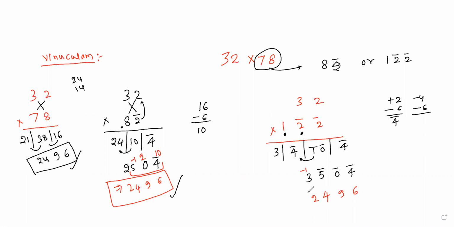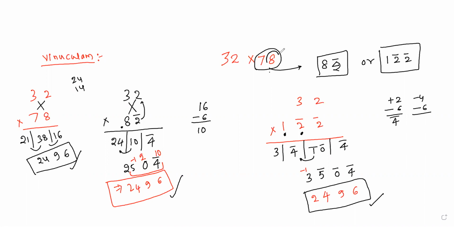However, you can take, it is not a matter if you are taking exactly suitable another form or not. So 78 another form you can write like this or like this. In this case, I selected only this one. That's the reason I answered this one. In this case, I selected both digits. So that is the reason this is the answer. That's the Vinupallam conversion we are already learned in the previous case.